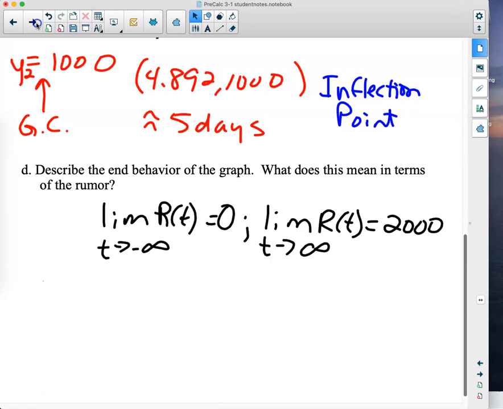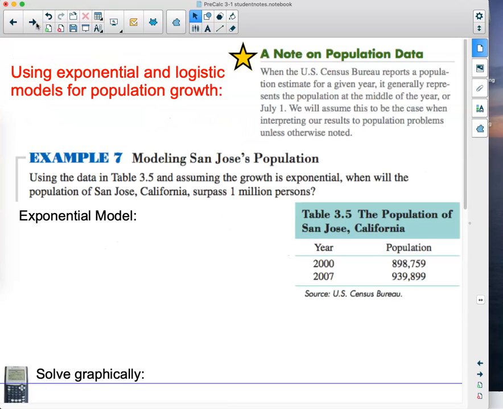So we had a huge chunk of information about the logistic graphs that we were doing, and this last one really gave us a look into how do you analyze everything that's happening with the graph in that word problem. And we have another one here that's saying using exponential and logistic models for population growth. And that reminds me, we didn't really do an exponential one yet. You know, we've been talking about the logistic growth. So this star up here